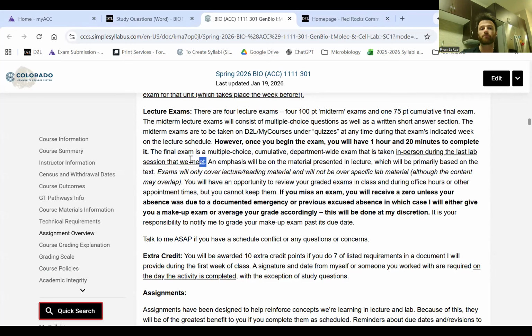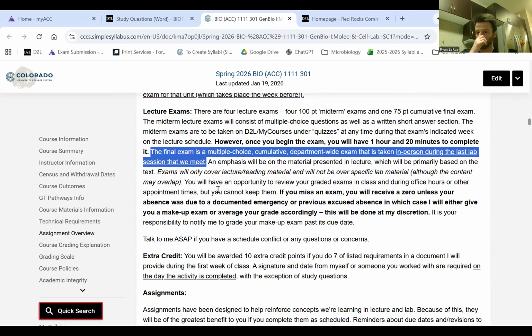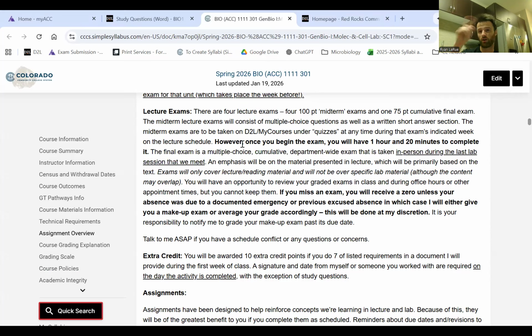I mentioned there's two exams that you take in person. The other four are on D2L under quizzes. These four exams are lecture exams. We have a cumulative final that's taken in person at the end of the semester.